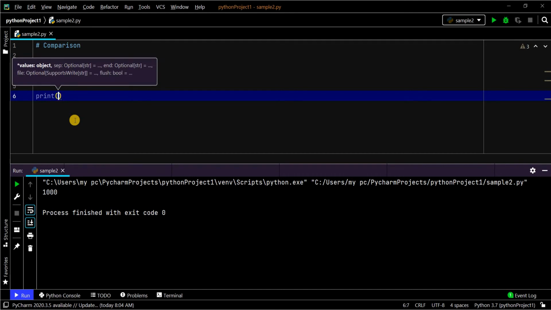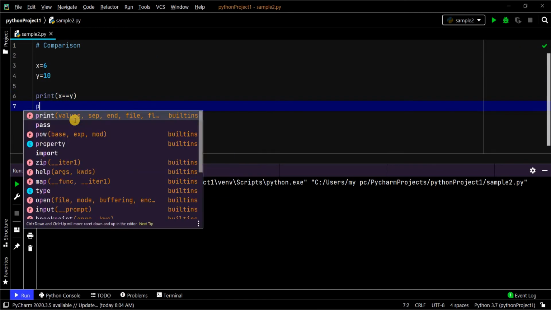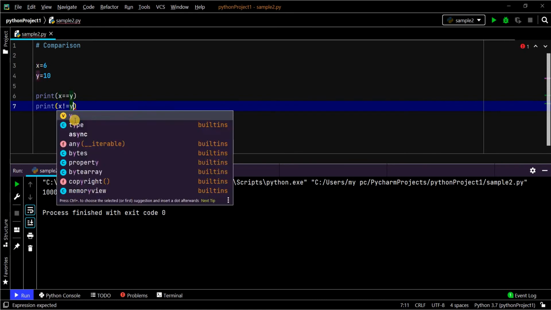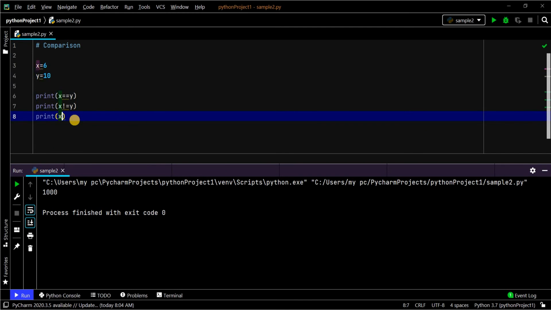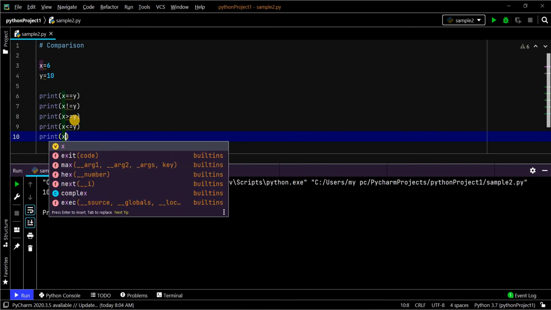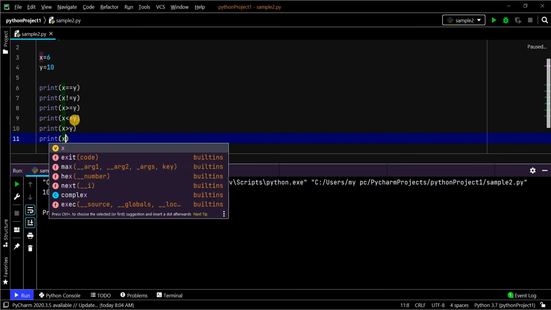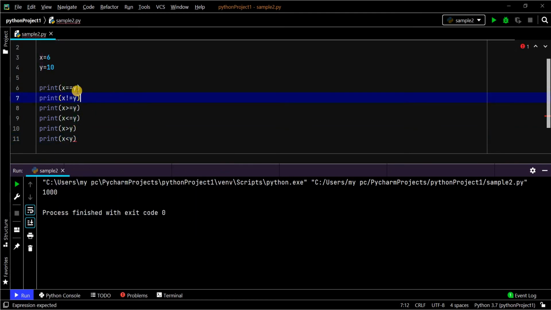Comparison operators are nothing but equals, x not equals, x greater than or equals, x less than or equals, x greater than, x less than y. These are the comparison operators.